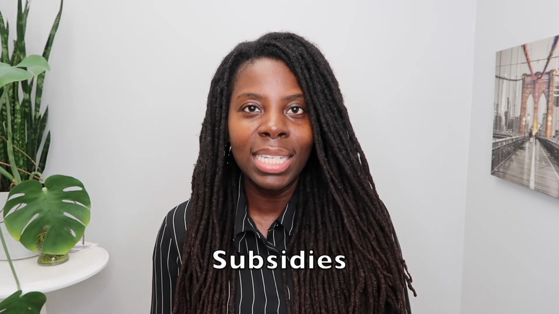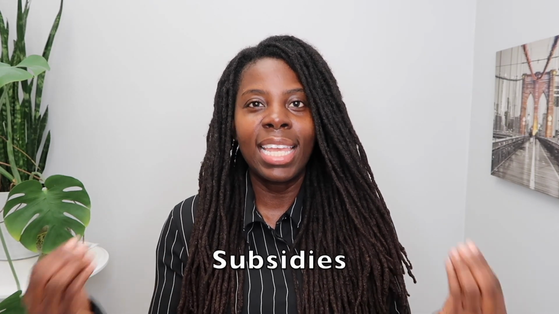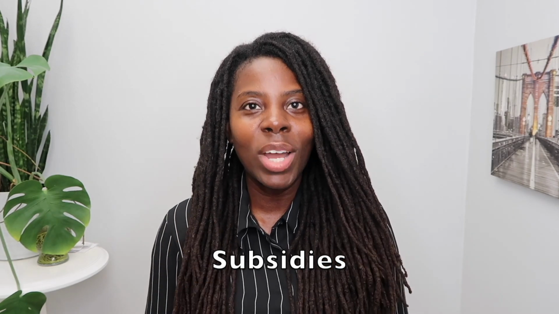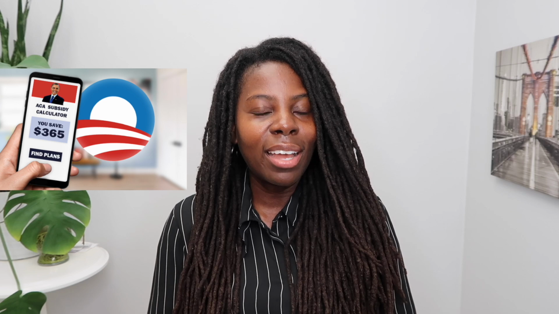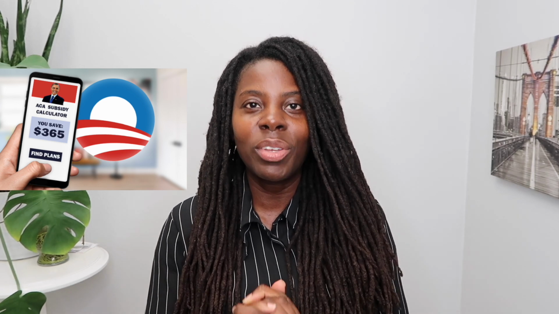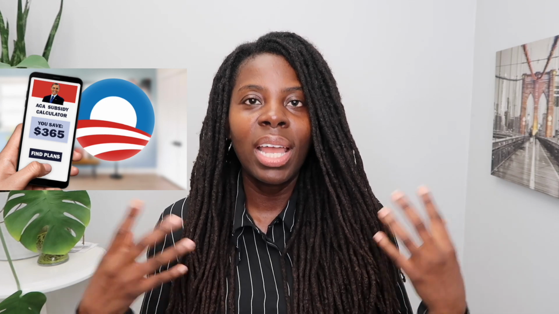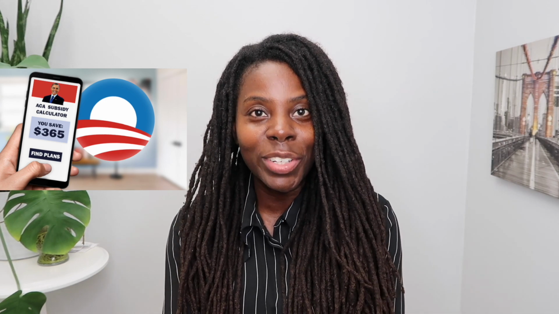There are subsidies for individuals that are in a certain income bracket. So what does this mean? If your income is in a certain income bracket, then you can get something called a subsidy, which will help pay for the cost of your health insurance. The subsidies work in two ways, okay? You could get a subsidy and it will lower your monthly premium, or you could get a subsidy by choosing the silver plan only. This will help you lower the monthly premium. It will also lower your co-payments, your co-insurance, and your deductibles as well.